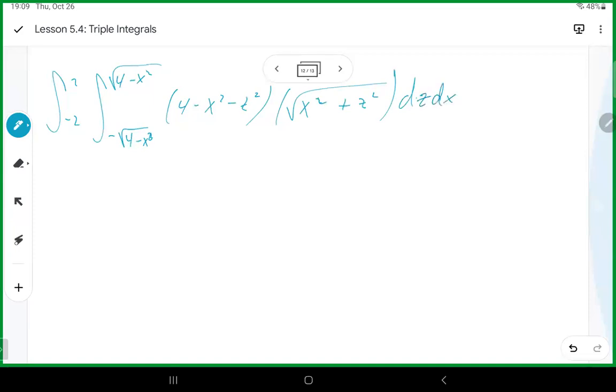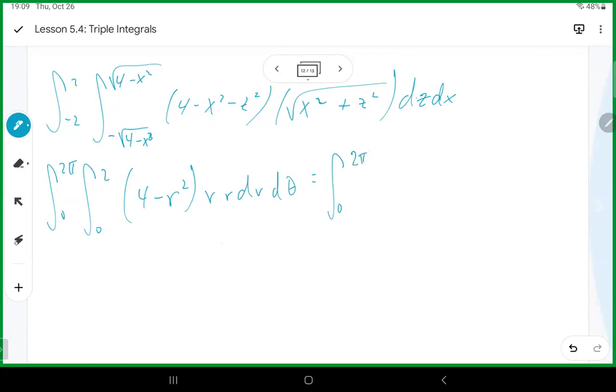Just giving it to you guys the way they have it, so you got to bear with me on all the steps. So 0 to 2 pi, and then 0 to 2, 4 minus r squared, r dr d theta,